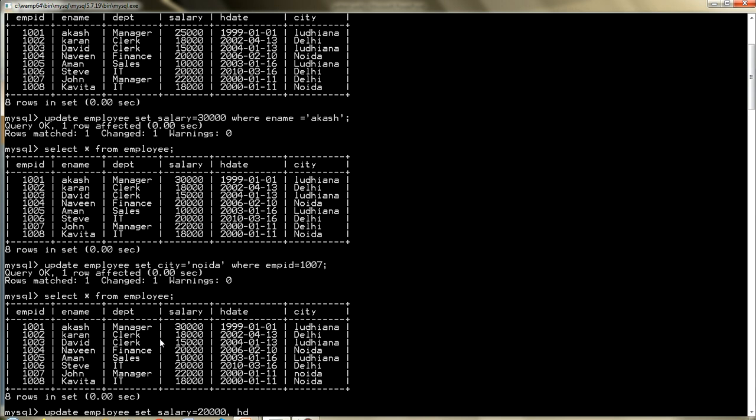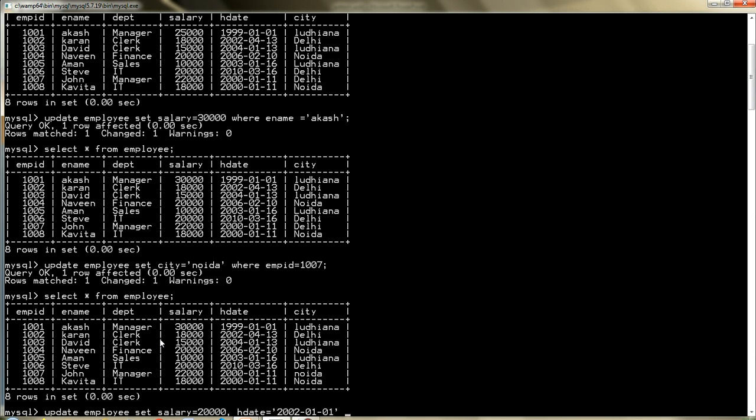So let us suppose I want to change the hire date. So hire date is, let's say, 2002-01-01. So the person was hired on 1st January 2002.